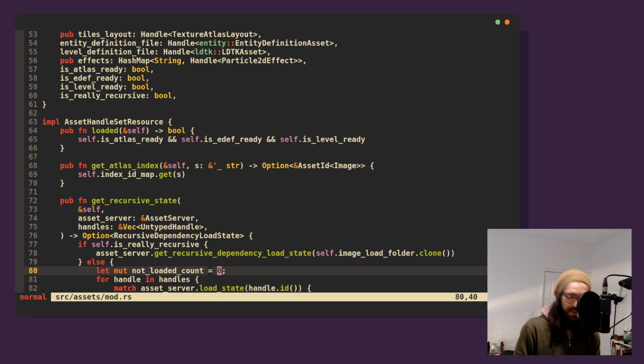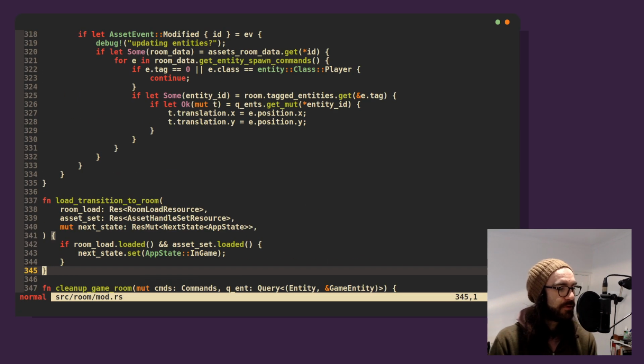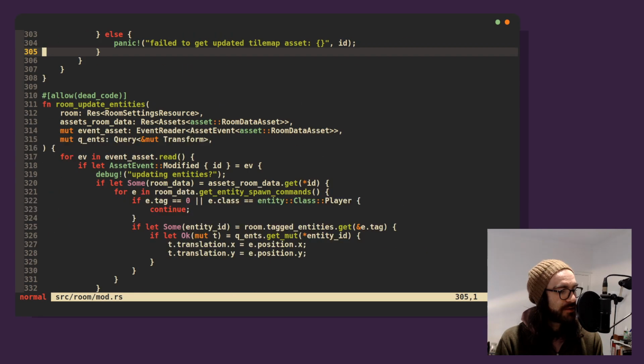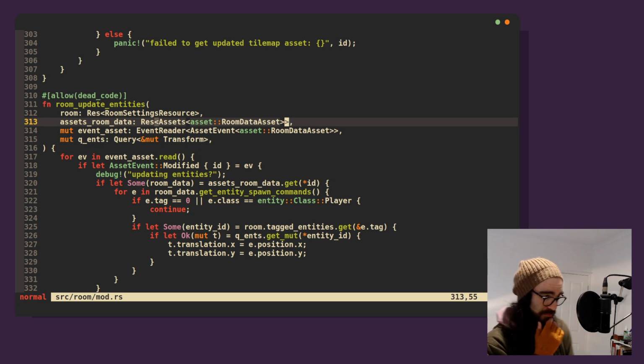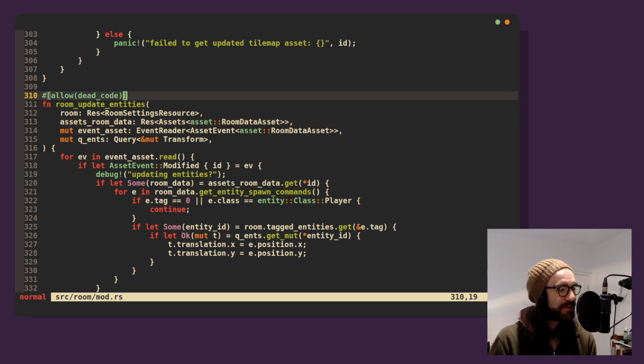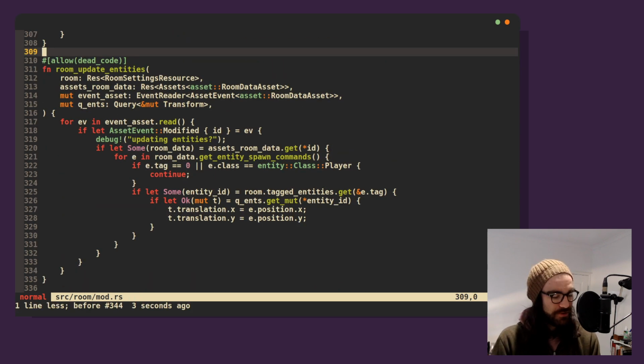So let's start digging into the room. Let's see how we load stuff. Okay, reload current room, and so on. Update entities, update tile map. So update entities is going to be a big one. Because maybe we want to reparse when we reload, that's interesting, isn't it? So we're probably just going to have to comment this out for now. Or maybe just do nothing. Let's maybe make this